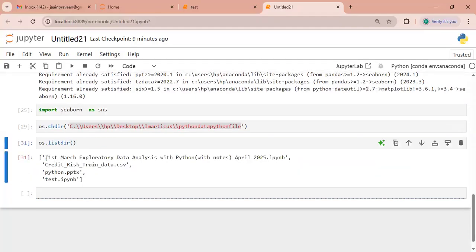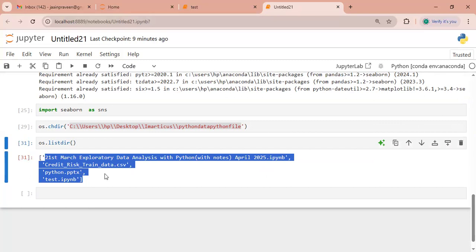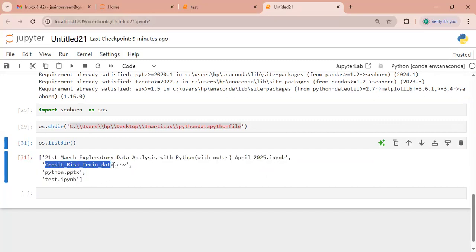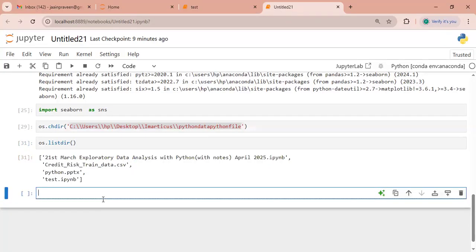As you can see, these are the files in my folder, and I will be importing my credit risk train data file. So I will take a variable. The name of the variable is credit underscore risk underscore data. This is the name of the variable. Then I will read the file using pandas. So I have given the name pd dot. The function to read is read underscore csv